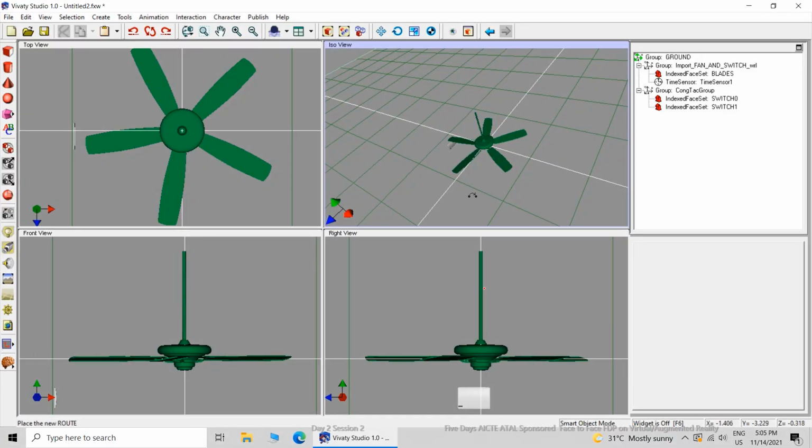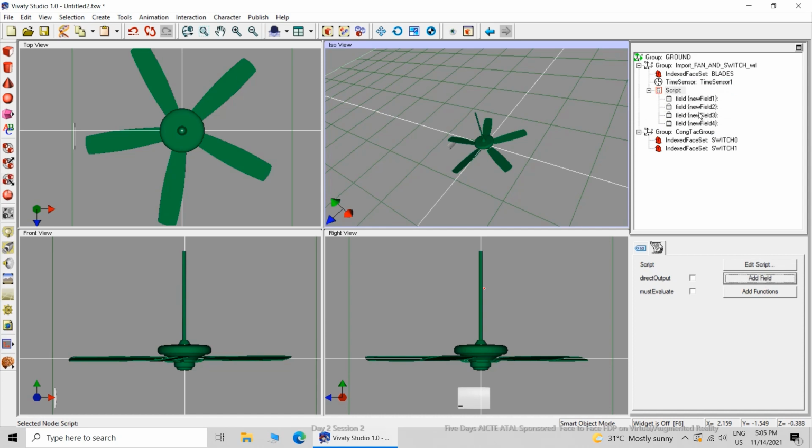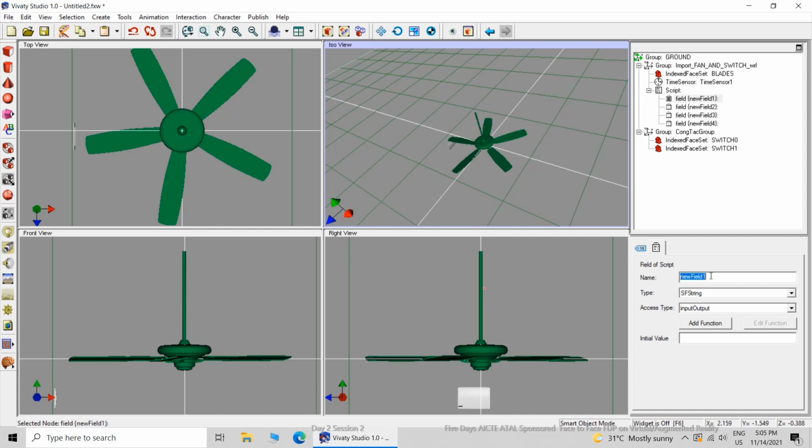Now let us proceed to creating the script, not routes. I will create a script and add fields to the script. 4 fields will be required. The first field will be called turn on.